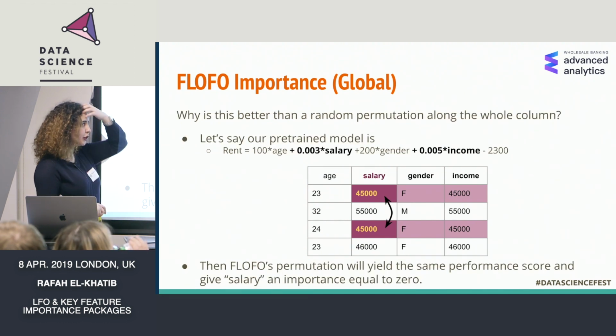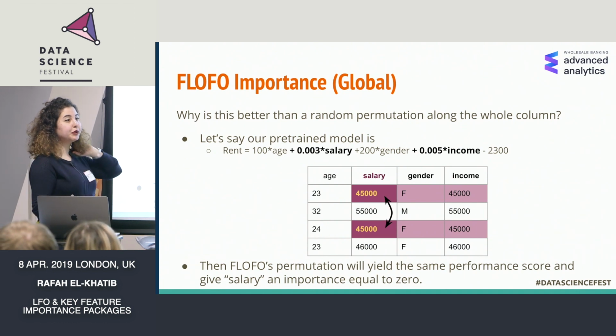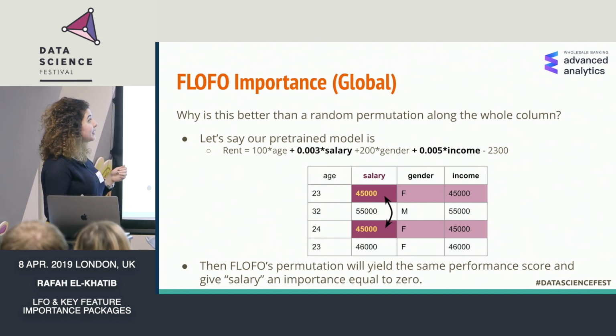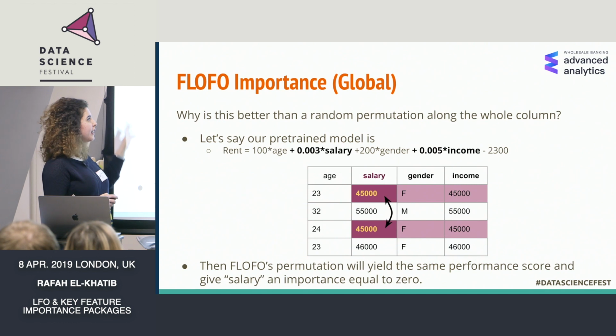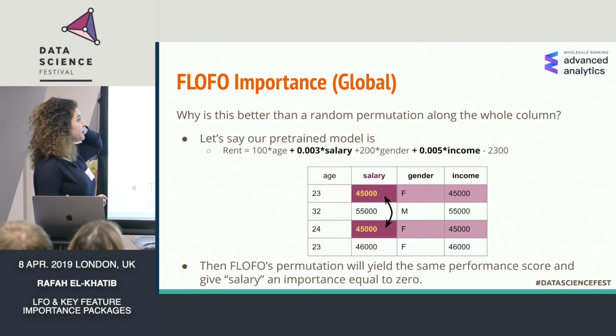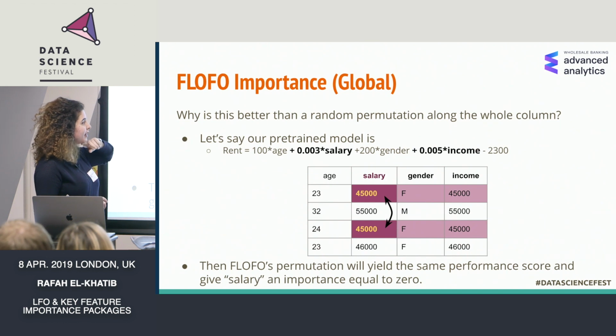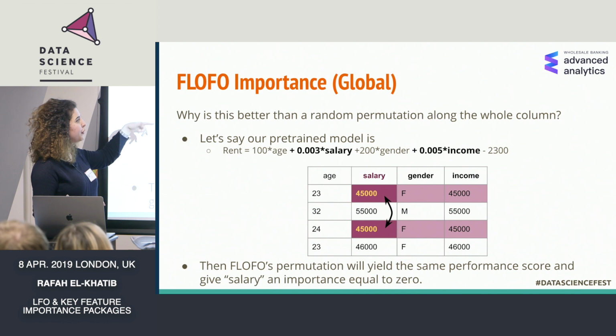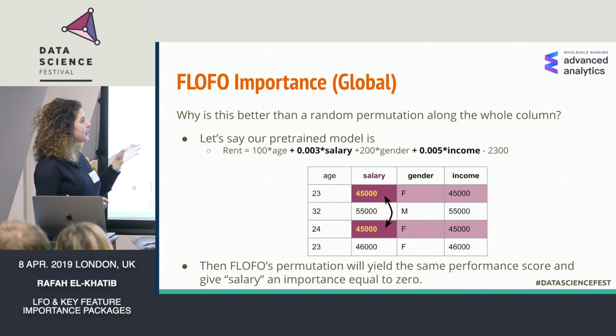So just to give a bit of intuition on why this is better than randomly permuting the entire column. Let's say you have a pre-trained model, it's linear, and this is the linear model that you got. You're trying to predict the rent out of all of these features, and this is what you get. So by using FLOFO importance, what happens is actually, I don't know if you noticed, but salary and income are